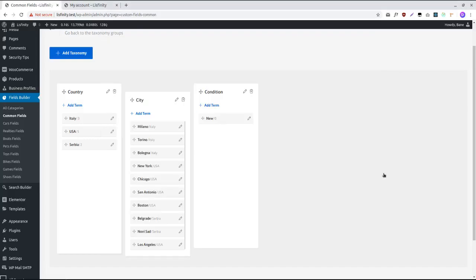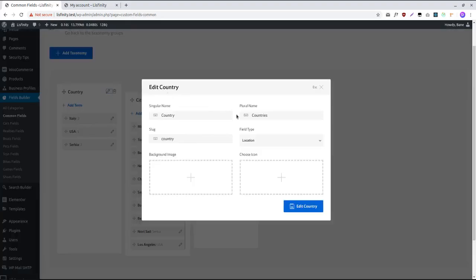Hi, in this video we're going to talk about taxonomy field type called location. Let's see how you can set a taxonomy type to be location. When you have created a certain taxonomy, to set it to be a location, to act as a location, we need to set field type to be